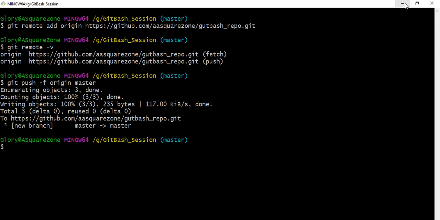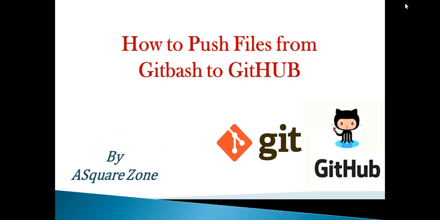So these two you need to do initially, then you can create your project in local repository, and you can push all your local code or local files to global repository. These few steps you have to follow. This is the way to push files from git bash to GitHub.